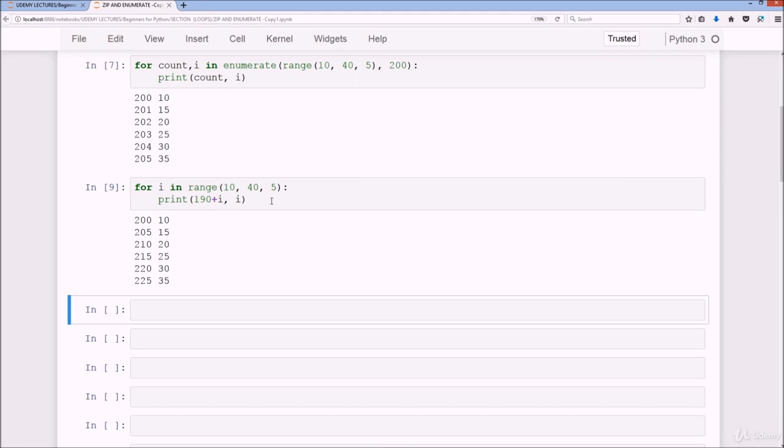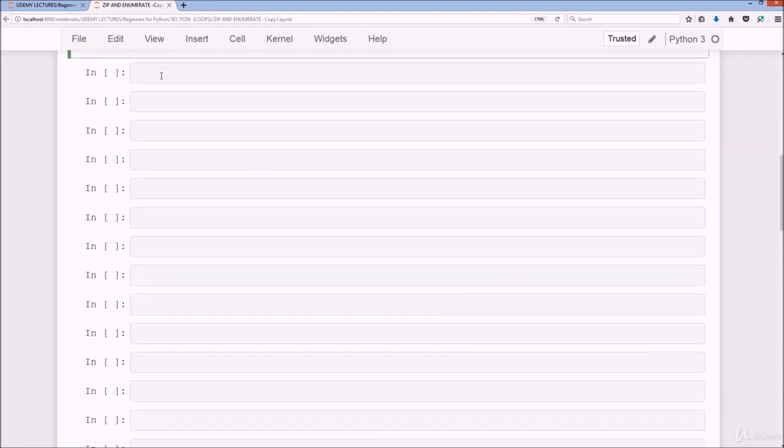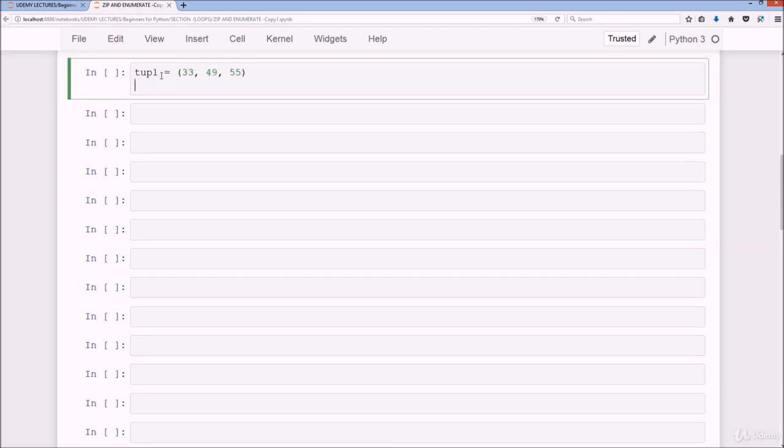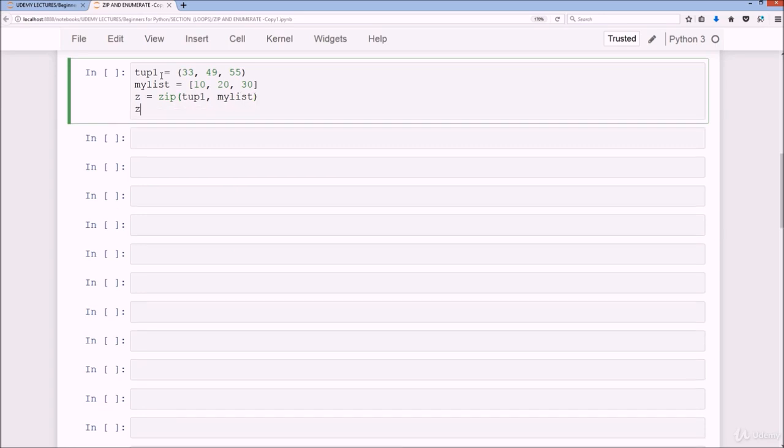Okay. So moving on from the enumerate, that's pretty much done there. We'll go on to the zip, which is the main focus of this lecture here. And that is, we do tup1, it's going to be a tuple. We'll do 33, 49, and 55. And then we'll do a list as well, my_list equals, say, 10, 20, and 30. And then we'll do z as the variable for the zip. And we'll do zip tup1 and my_list, and then if we do z as the output,